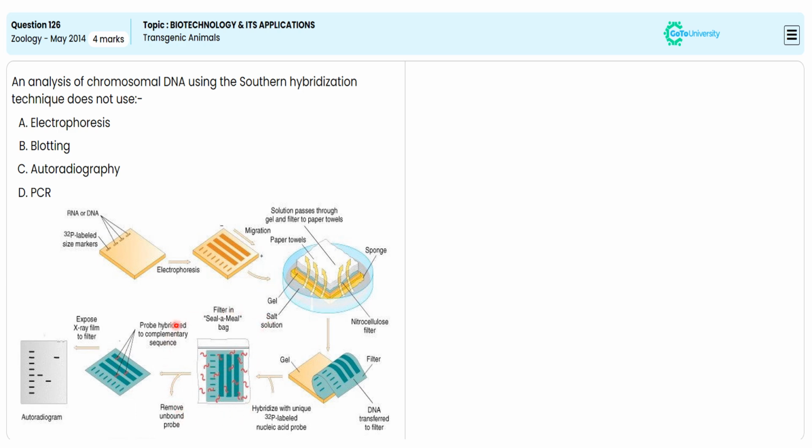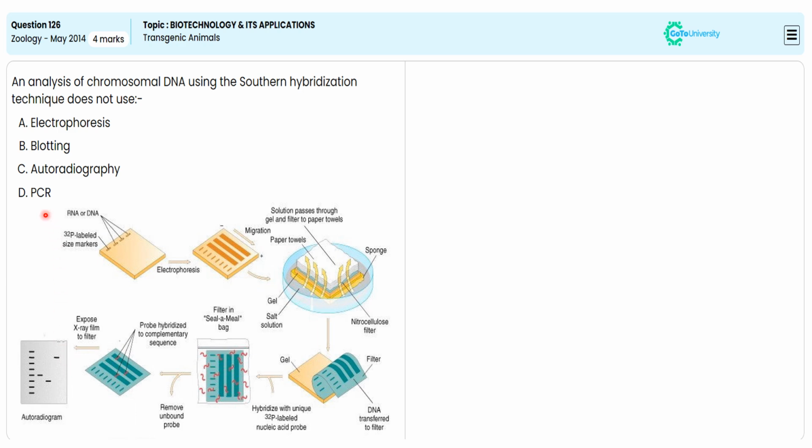If the exposed double stranded DNA creates a spot on the X-ray film, we can understand that it is a radio labeled double stranded DNA. Like this we can confirm the respective parent of the child in a child dispute case. Like this, we execute the Southern hybridization technique in many significant evaluation techniques, but